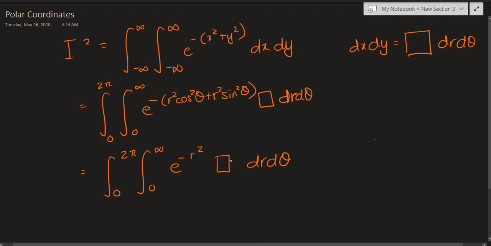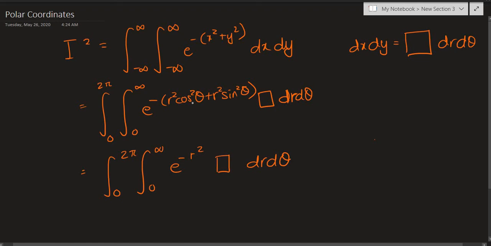Before discussing that factor, I would like to say that we chose polar coordinates in the first place because notice that x squared and y squared were in some way satisfying the Pythagoras theorem. If x and y were dimensions of a right angle triangle, then they were satisfying the Pythagoras theorem. And that's exactly what we did.